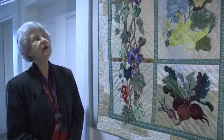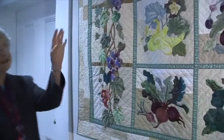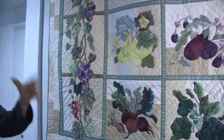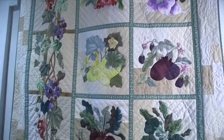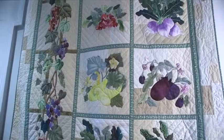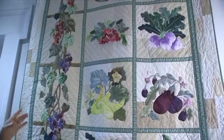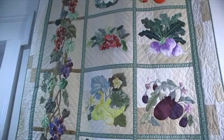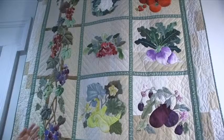I call this Incredible Edibles from a Virginia Garden. And these are veggies that you would typically find growing right here in Lynchburg, and then grapevines, which you would often find on the fence that surrounds the vegetable garden. And this quilt really showcases a lot of the fabrics, because there's probably over 100 different pieces of fabric in